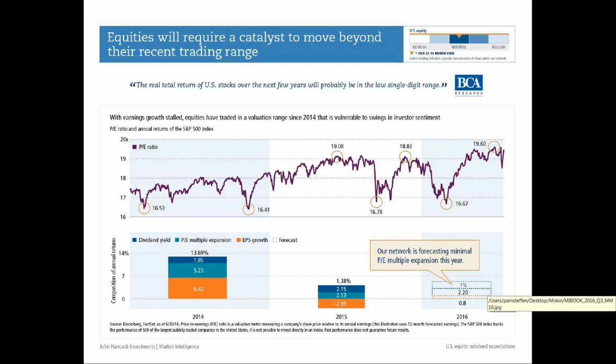And what we're cautious about is we can't just rely on things getting more expensive forever. That's really kind of what happened at the end of the tech bubble. Things just got more and more expensive, and that didn't end well. So that's another reason why we're not getting more greedy here, and we're more neutral.